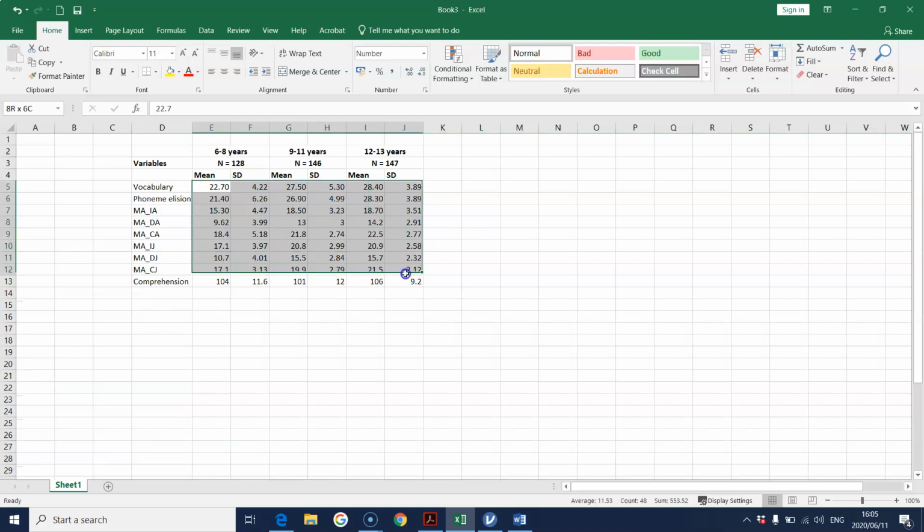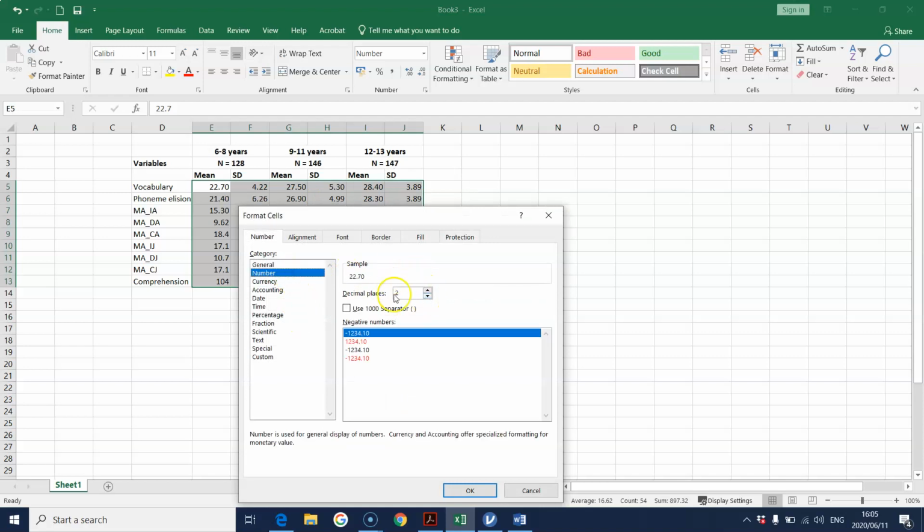Okay, once you've done that, I would like you to format the numeric values. So you click on them, highlight them, right click, say format cells, say number of decimal places is 2, and